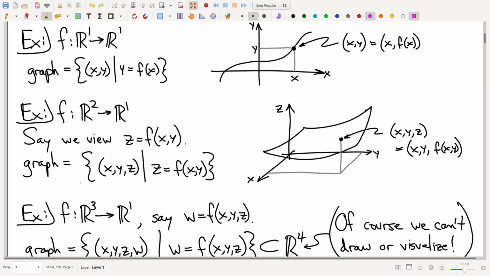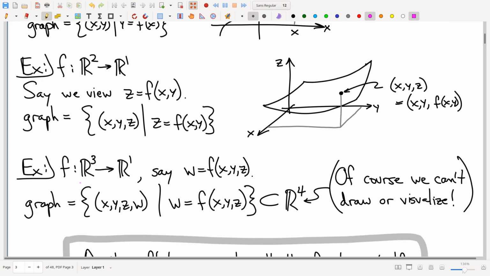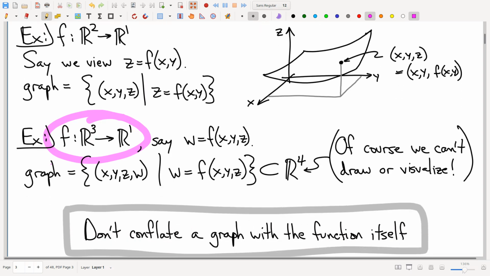And yet, if we bump it up one dimension, if we go for the second simplest possible multivariable function, it crashes and burns. Right? It's just a complete loss, because